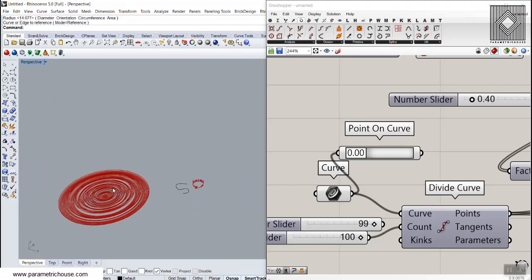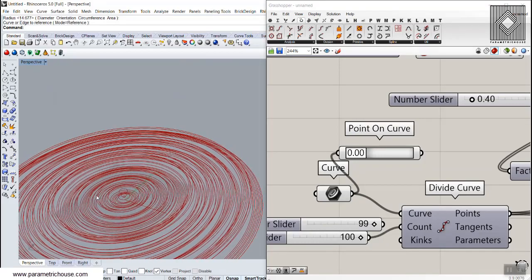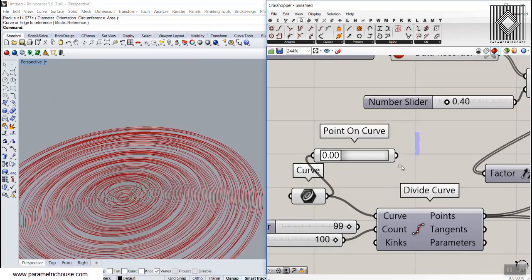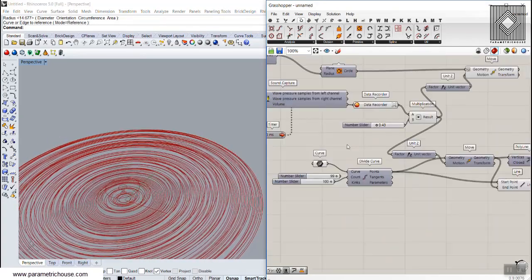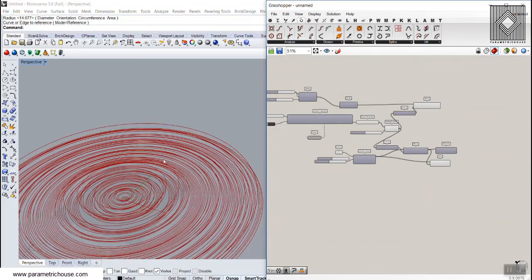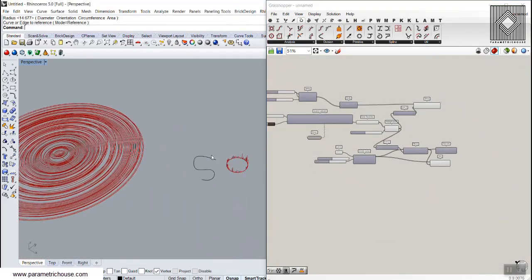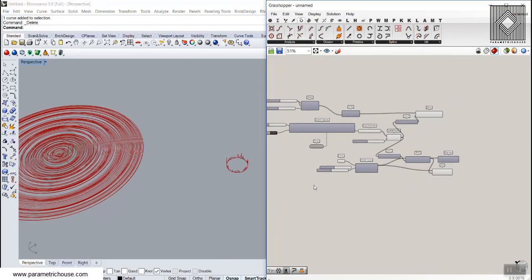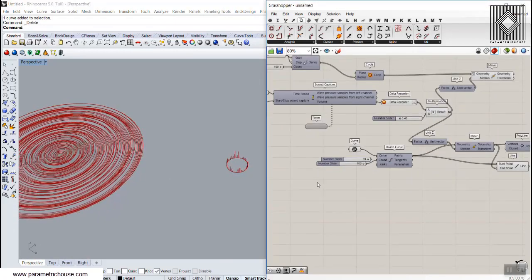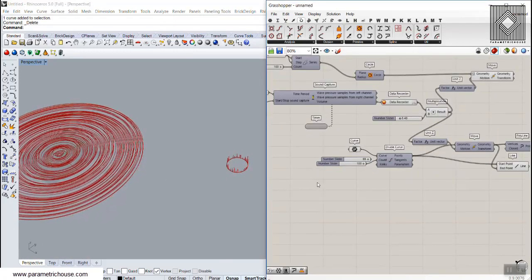So the question was about a volume or a sound, something like that. I wanted to show you how you can use it to get the sound into your Grasshopper design and use it. So we can have this in other ways. I will try to add some examples in the Grasshopper course on the Parametric House website.